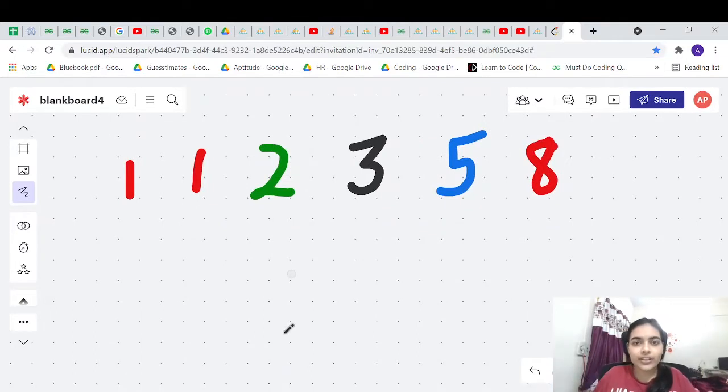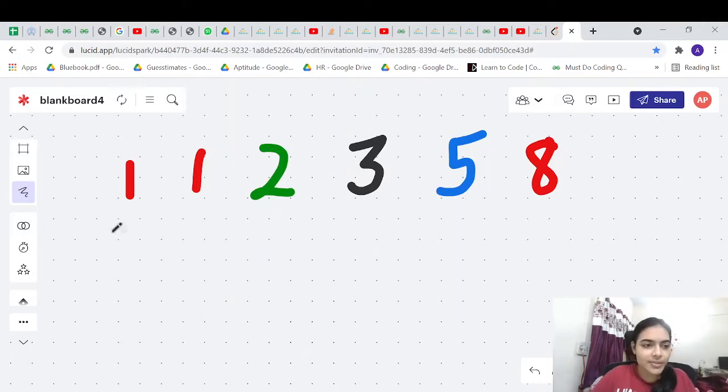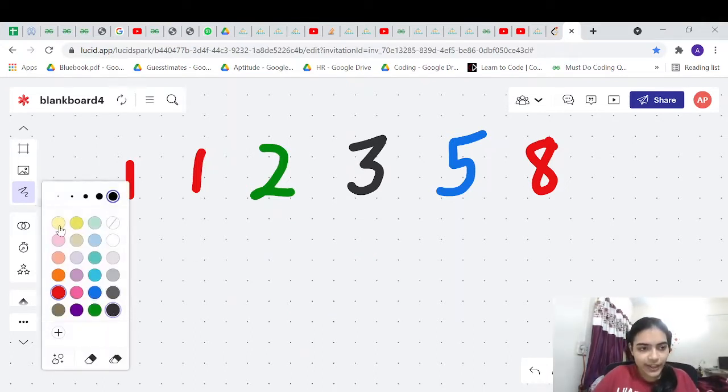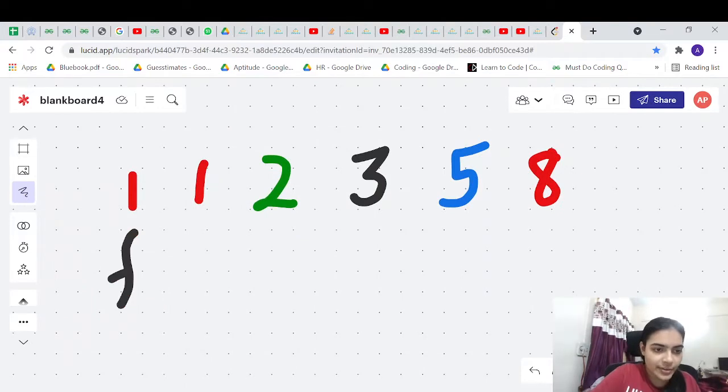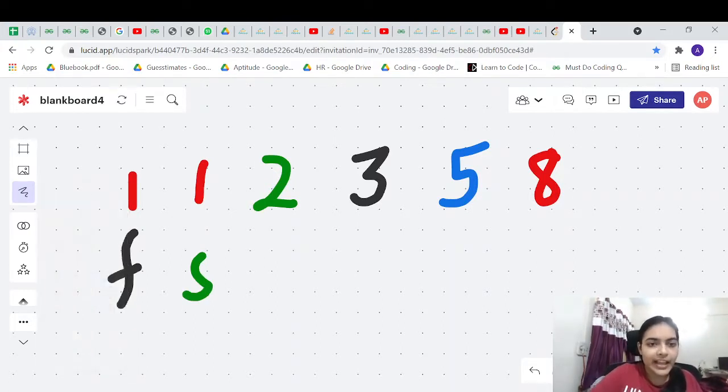the easiest algorithm which is commonly known for this is the algorithm which is O of n time complexity, and the algorithm is basically simple. Okay, take two variables. For example, this is a variable first, let me just represent it by f, and we have another variable, let's say second. Okay, so you have to find, for example, the nth Fibonacci number.